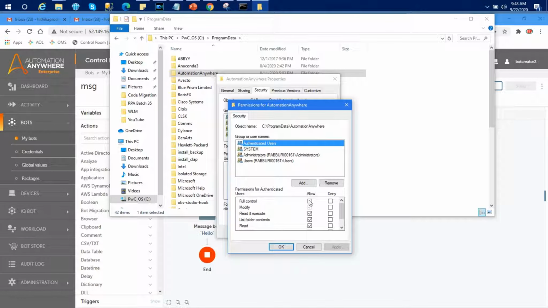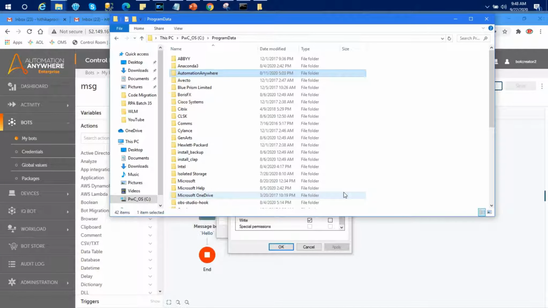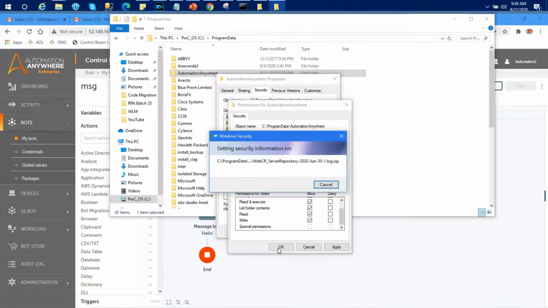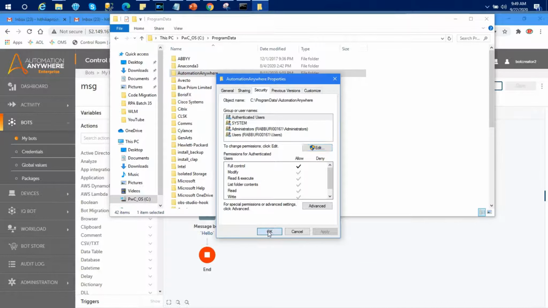You can mark Full Control so that it has complete access on this folder and can write or download the documents or dependencies. This is my current user, and even my current user doesn't have it. I'm just enabling the full control. So this is another reason you may get this particular error.